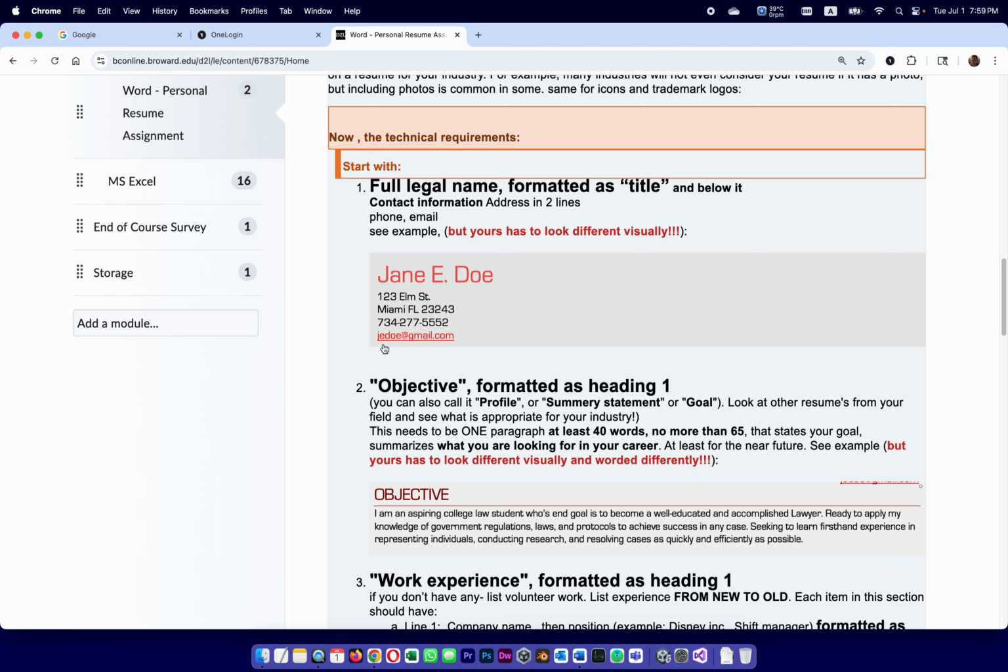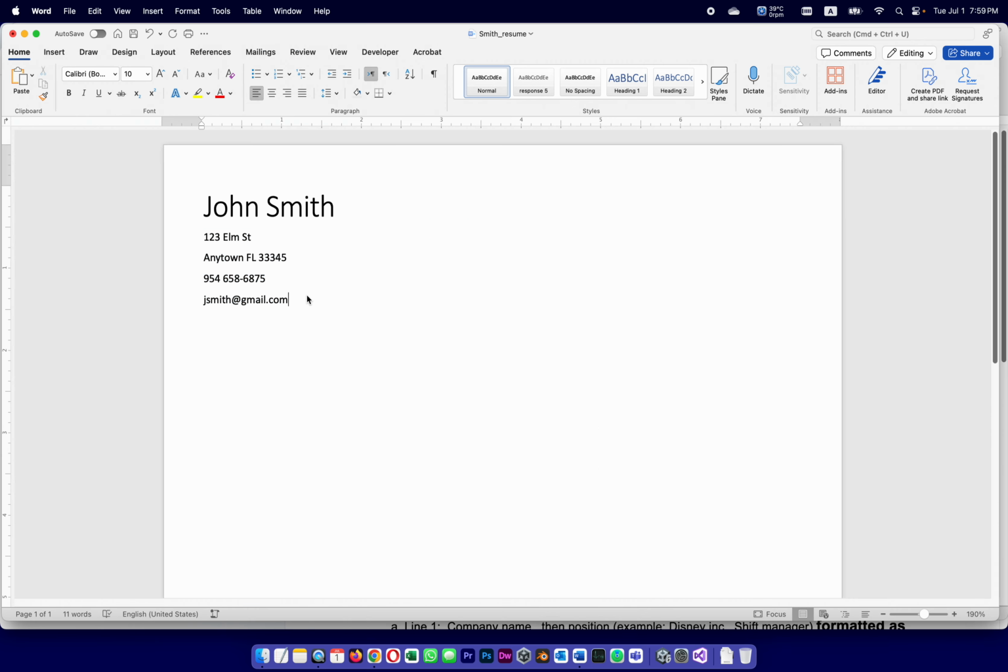Notice that in my example, the email shows up like a link. It's not a requirement, but if you do want it to look like a link, the trick is really simple. You put your mouse right after the last letter and you press space and it turns into a link. Later on, when we apply a theme, it might cancel that, but it's not a requirement anyway. I'm going to save. Enter. And the next section